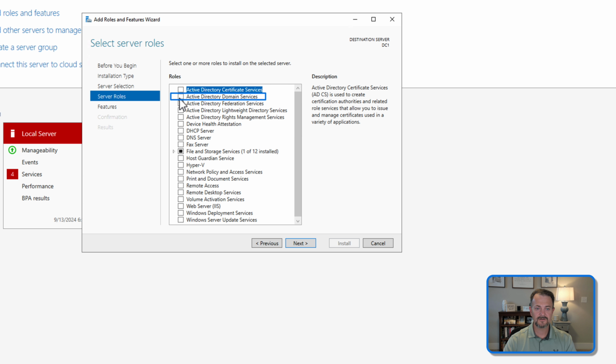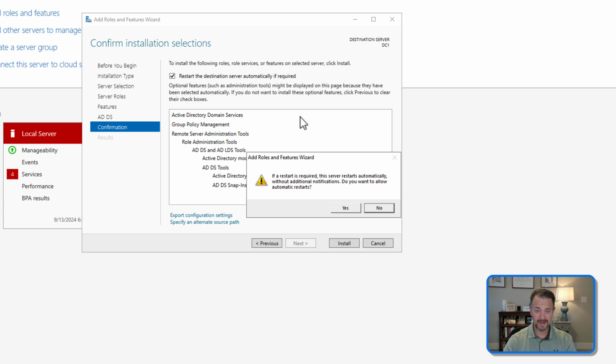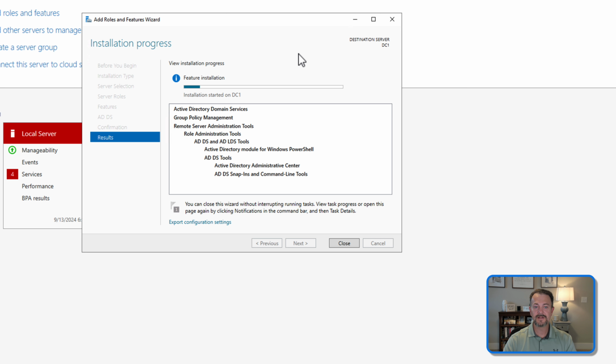One thing you want to make sure is checked is include management tools, and then click Add Features, click Next. Next again, and then we're going to select Restart the destination server automatically if required, and click Install. So this takes just a few minutes,